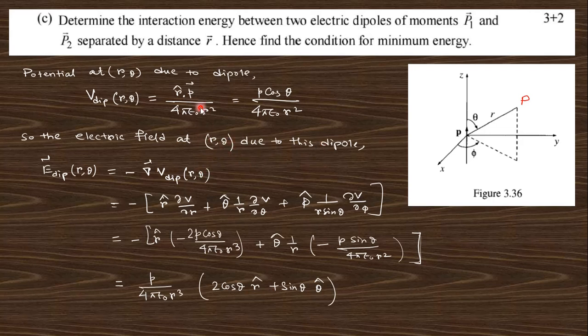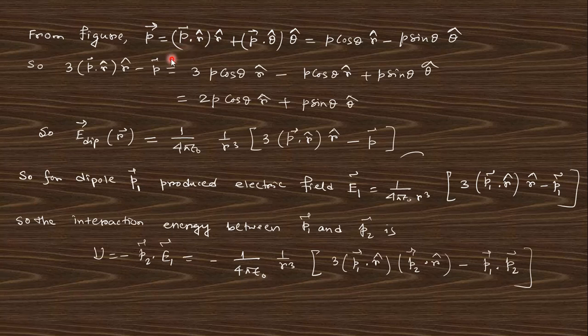Here you can see this is the potential, and the electric field related to the potential is minus grad V. So put the value and take the gradient, and you will get this expression. This is the electric field, right? So this electric field can be represented like that. Just do this summation. If there is any query, you must comment in the comment box. I cannot go into detail here, just do this summation, and finally you will get the dipole electric field like that. So the energy is nothing but P dot E.